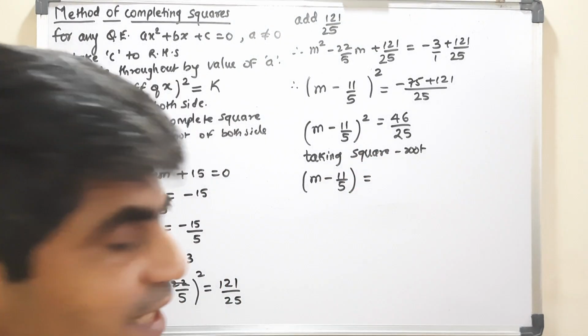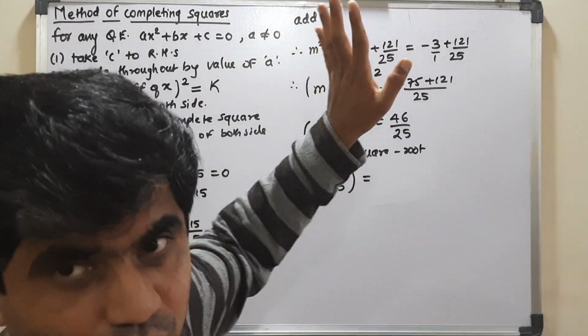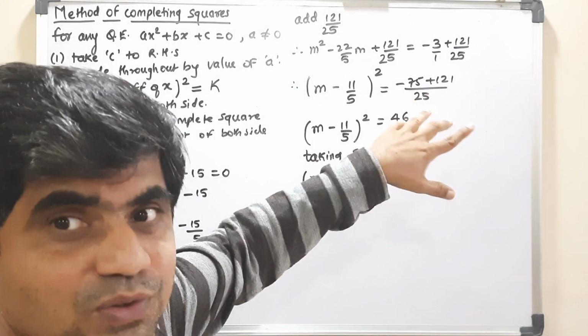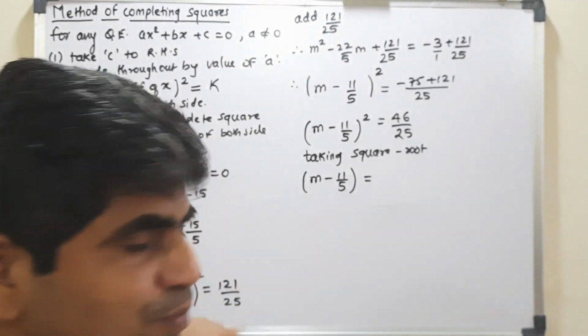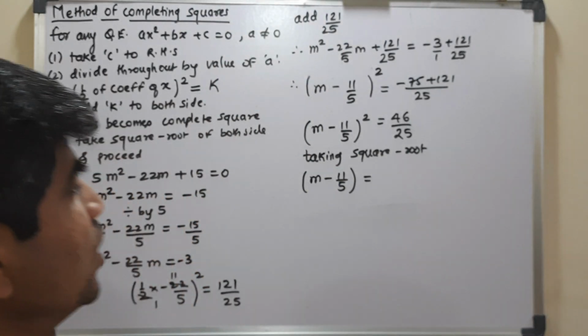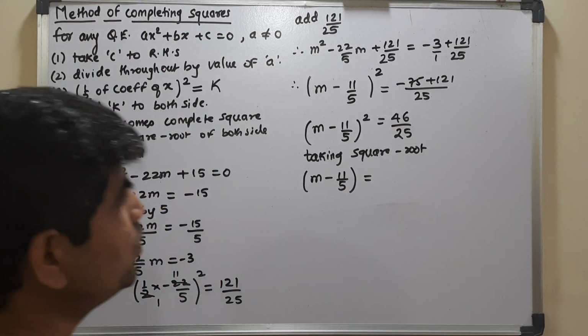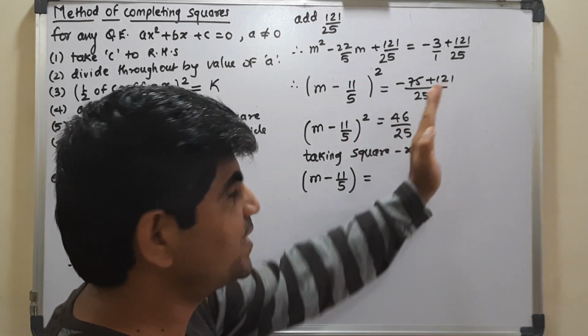I made a mistake. See here, it was 25, but when I changed the side, I forgot to write that 2 over there. Without that, this will not become a complete square. But it is 100% going to become a complete square if you follow these particular steps. So now this has become a complete square. I need to take the square root of the left side, which I took, and the square root of the right side.